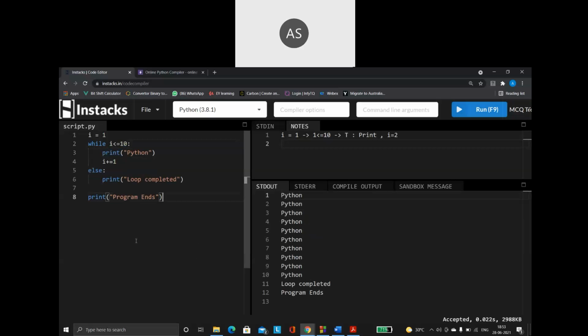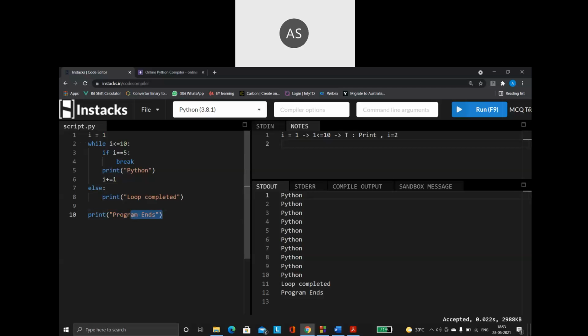But remember, whenever you are using the break and coming out of the loop, the else part of your while loop or your for loop, whichever it is, this rule is applicable for both. Whenever you are coming out of the loop using the break keyword, then the else part will never get executed. It will just come to the line following the loop. And this is all about your while loop.